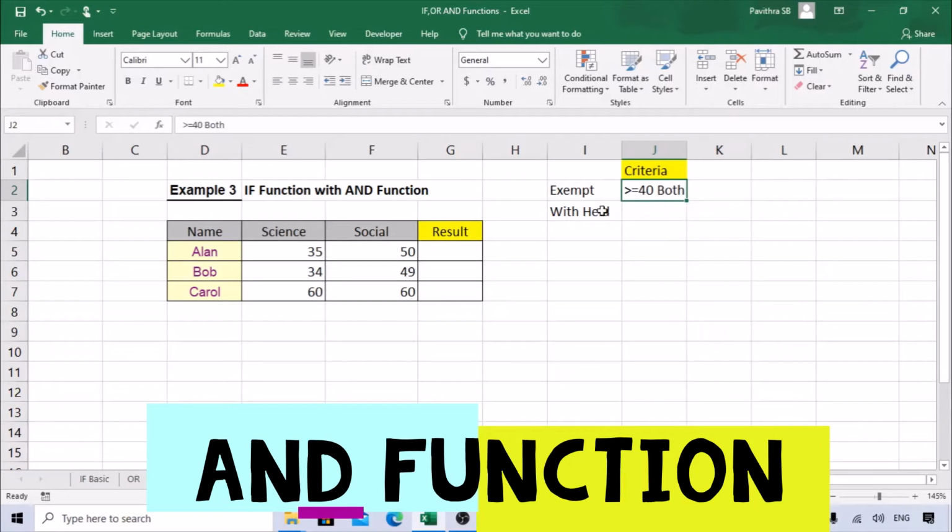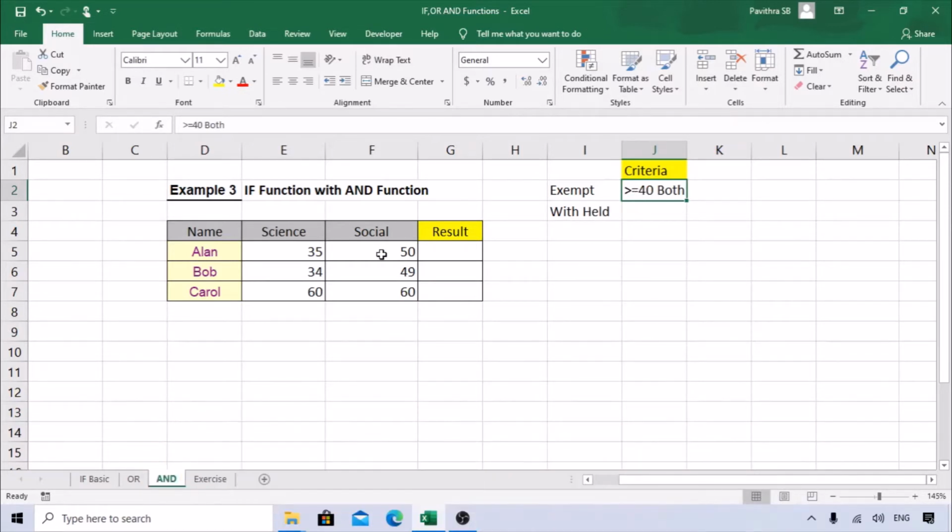This student should cross or equal 40 in both the subjects. Then he is exempted. So if one person has not crossed 40, say 39, even if you crossed 40 in one subject, still he is withheld. This is the criteria now. You should cross both the subjects, greater than or equal to 40.